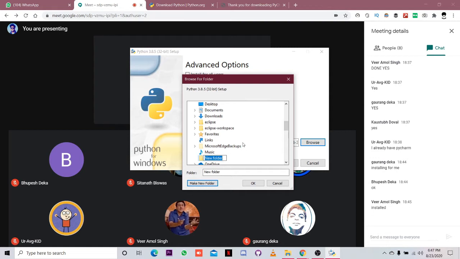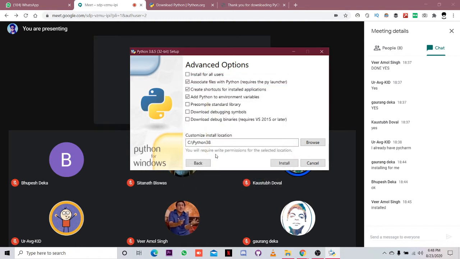I have installed Python 38. Press enter, select it. Now we have selected our C drive, and in it we have made a Python 38 folder.